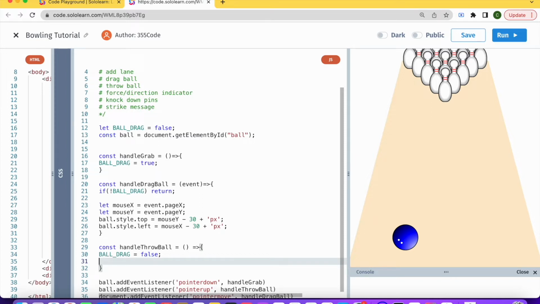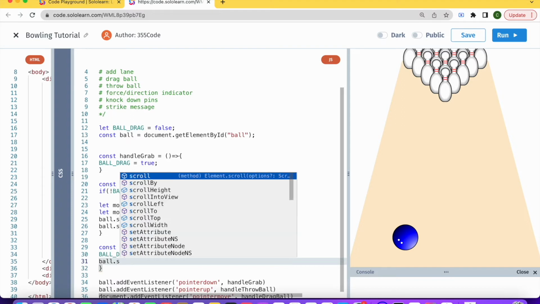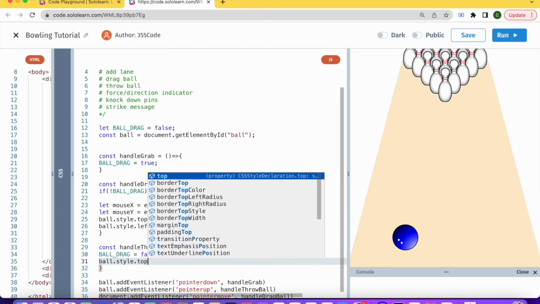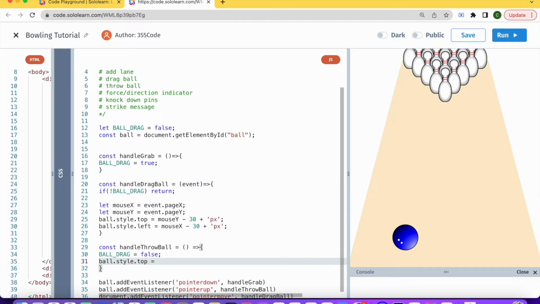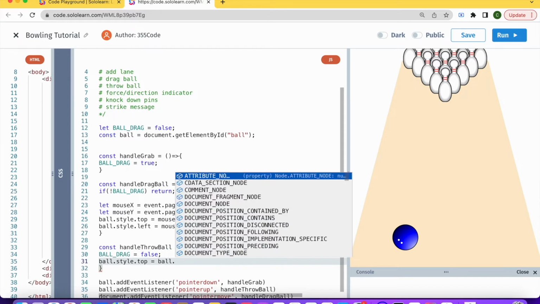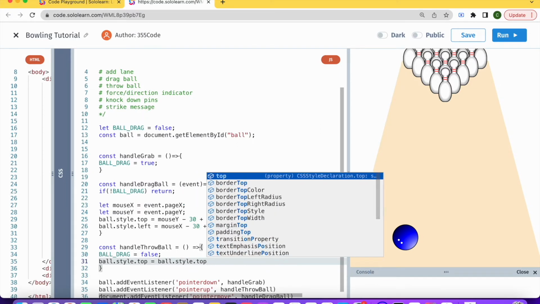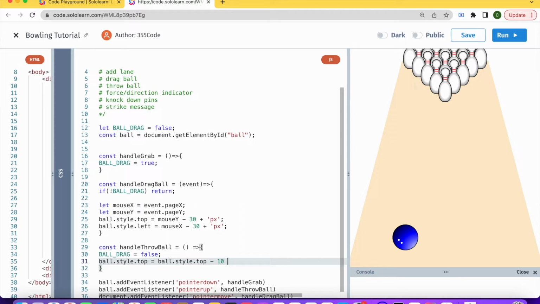So basically, let's just say ball dot style dot top equals, and we need to tap into the current top of the ball. So let's say it's ball dot style dot top, and let's say minus 10 plus pixels,